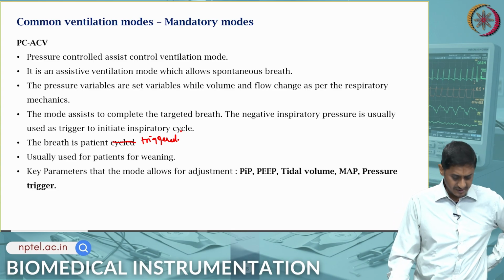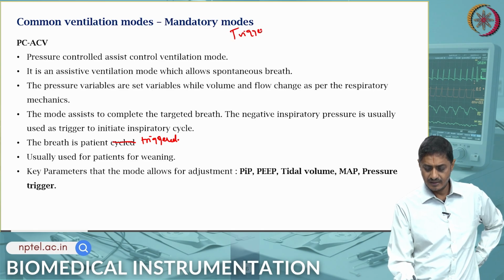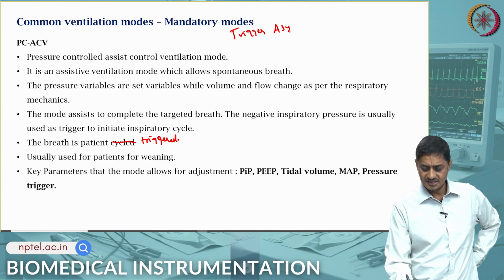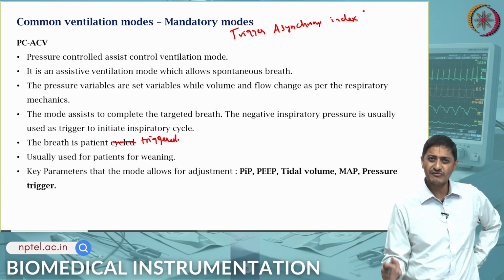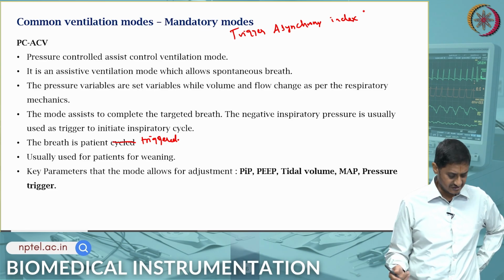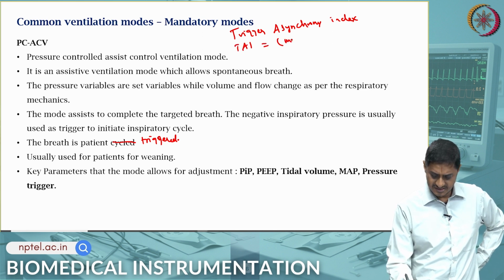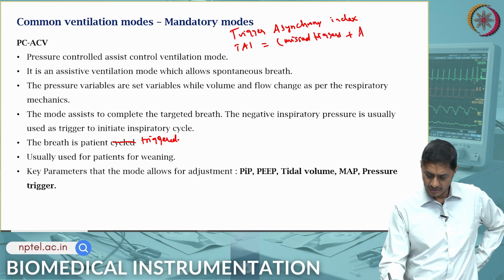In such cases, it is important to have some measure of asynchrony between the patient and the ventilator. Such an index is called the trigger asynchrony index. It is a measure of how much less synchronous the patient is with the ventilator, or the ventilator is with the patient. This is essentially missed triggers plus auto triggers divided by total number of breaths